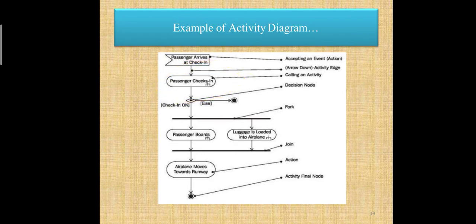So in that case, whenever a passenger comes for the check-in, it will take a decision. If all the proofs are proper, then it will allow boarding, otherwise the process gets stopped. So here we are using the decision box, if-else. If the passenger boards and the luggage is loaded into the airplane, in that case